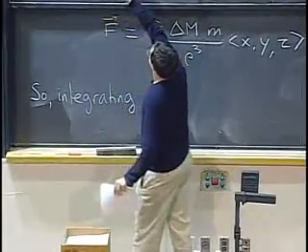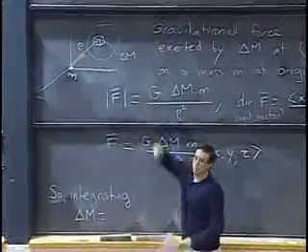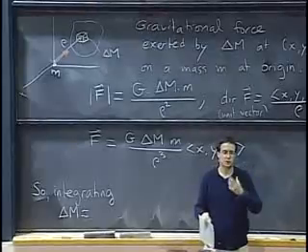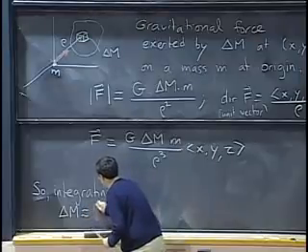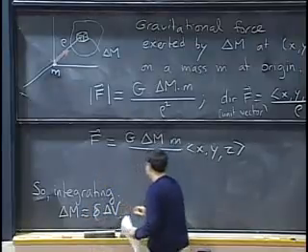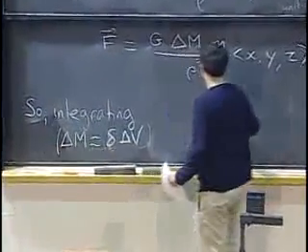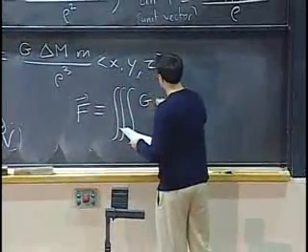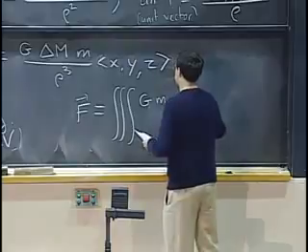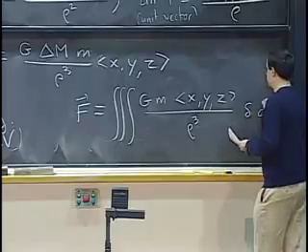So if you integrate over the entire solid, I have to remind you, what's the mass delta m of a small piece of volume delta v? Well, it's the density times the volume. So the density is delta. It's a lot of Greek letters there. Times the volume element. So you will get that the force is the triple integral over your solid of G m x, y, z over rho cubed delta dV.